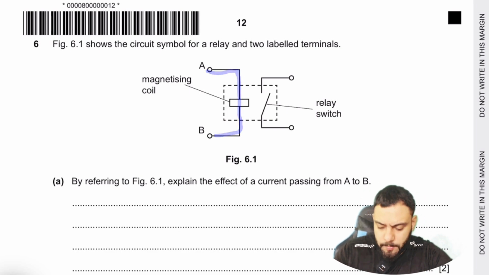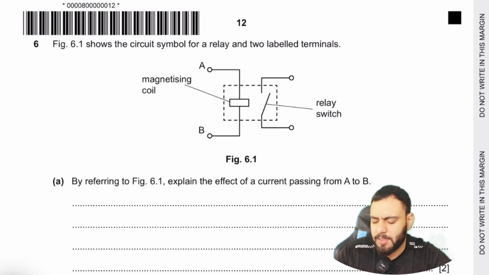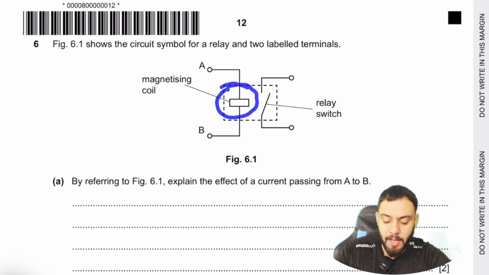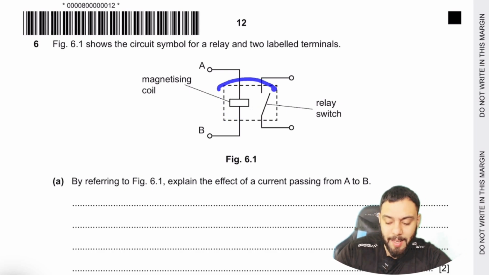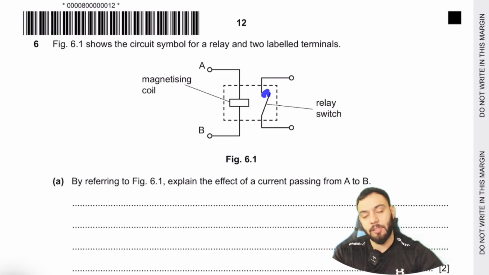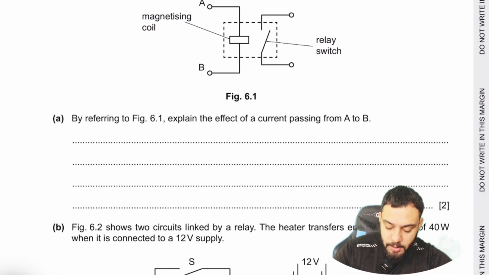Whenever there's a relay switch and the current is passing through the magnetizing coil, the current magnetizes the coil, which creates a magnetic field around it, and this magnetic field attracts the relay switch. So the answer is going to be along these lines, that current in AB